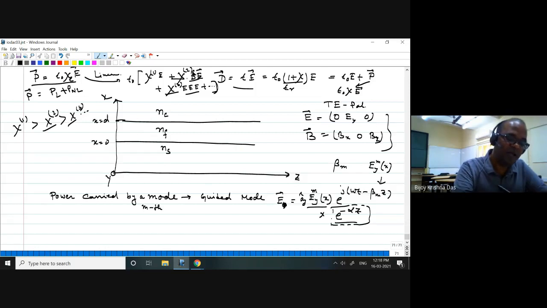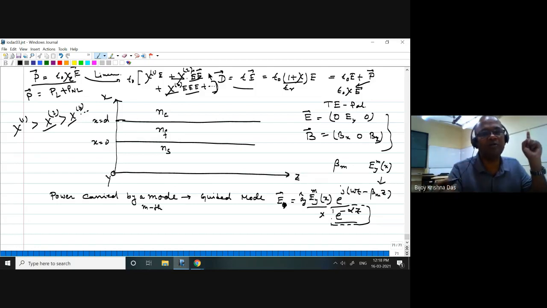Whenever two fields are there, those two fields can come from two different frequencies also. They can be the same frequency, or two different frequencies. With three fields, they can be three different frequencies, or two of them the same and the third different. All those types of things will be there. Then when you multiply, you will get omega 1 plus omega 2, omega 1 minus omega 2, omega. So multiple frequencies can be generated. Those are nonlinear domain.